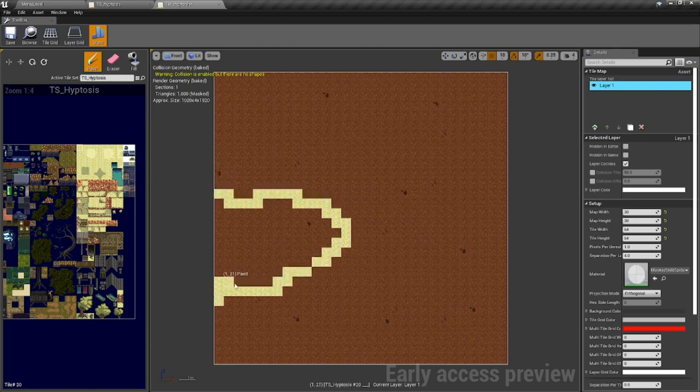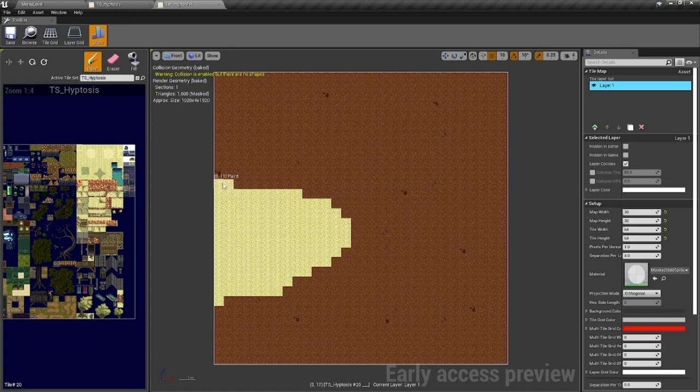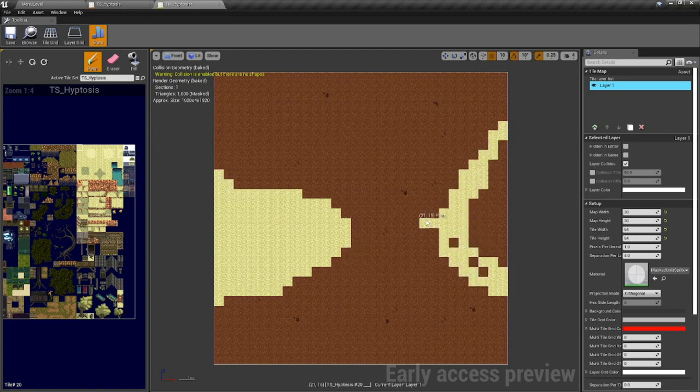Just put some different stuff in there. You can draw this in however you want to. You can use any of these tiles you want to. Let's come over this way a little bit.